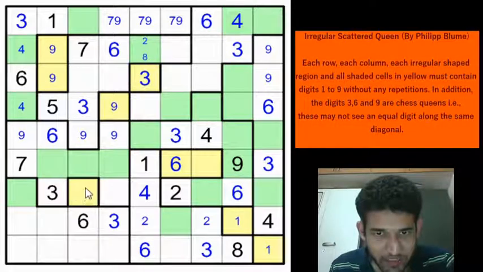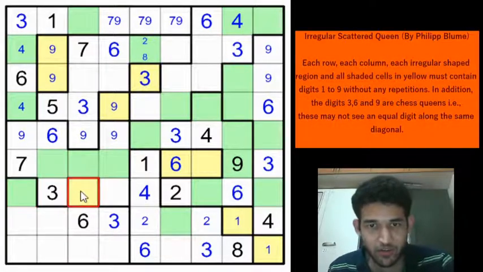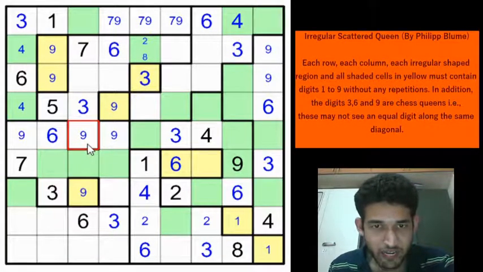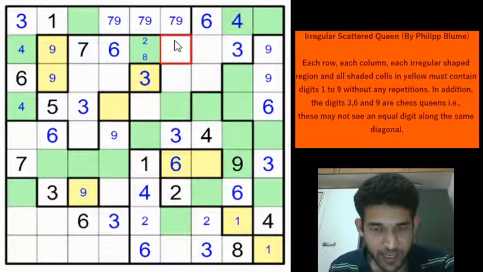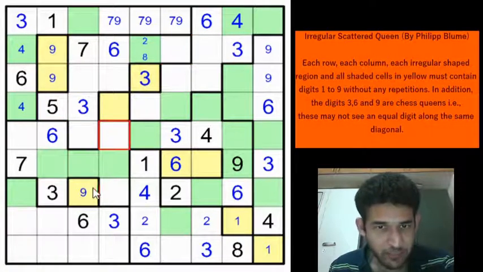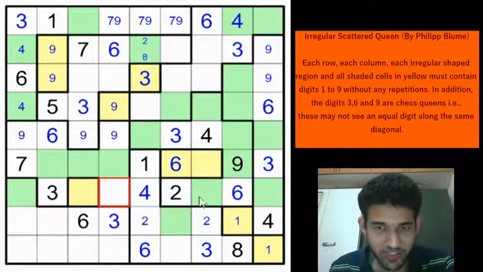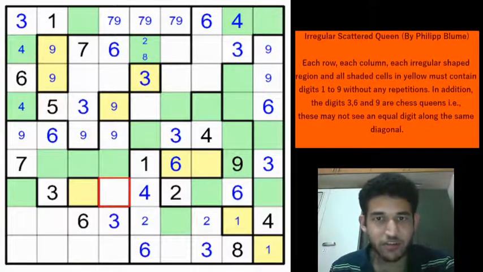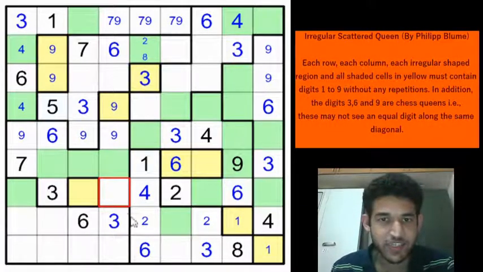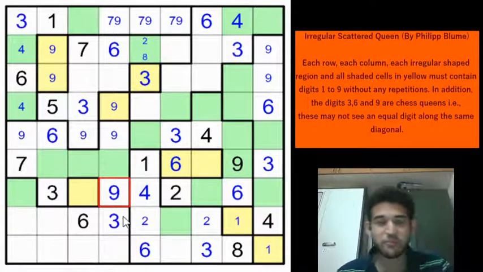We just eliminated this cell as a 9, right? You remember? Because if you have a 9 here, you can't have the 9 here and here. So you get a 9 here which eliminates the 9 from here. And for this region, you will get the 9 here. And now there is no location for placing the 9 here. So because of which we eliminated the 9 from here, right? So there is only one cell left for the 9 in row 7. There are no more cells, right? Because we have marked either in green or placed a digit. Now we get a 9 here and we have got the major breakthrough.